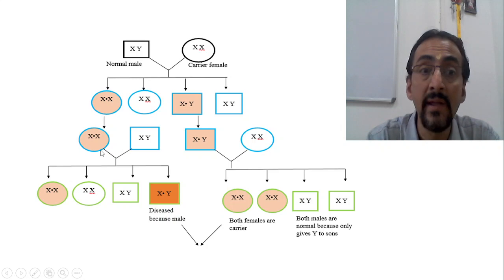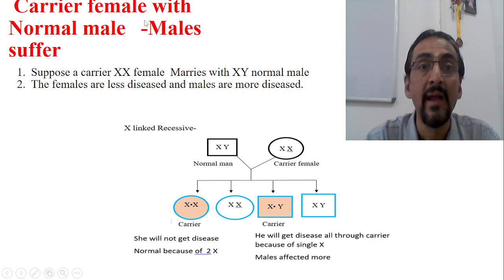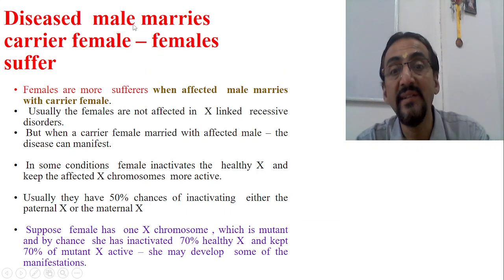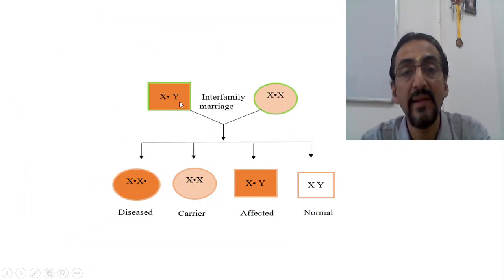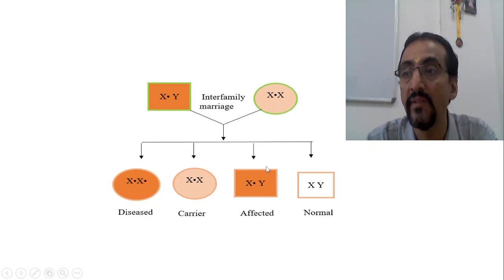Here what we have seen is the carrier is female and the male is normal, but this situation is different. The female is a carrier and the male is diseased. Now what happens? See, the female is a carrier, the male is diseased. Now, if you look into the possibilities,